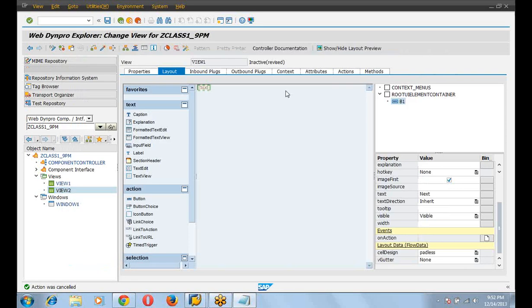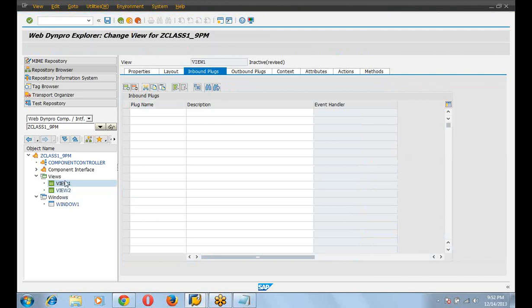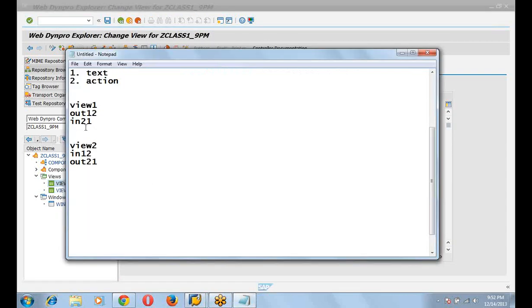Now go to the inbound plug. First of all, select view 1. In view 1, we have to create the inbound plug 2 to 1.